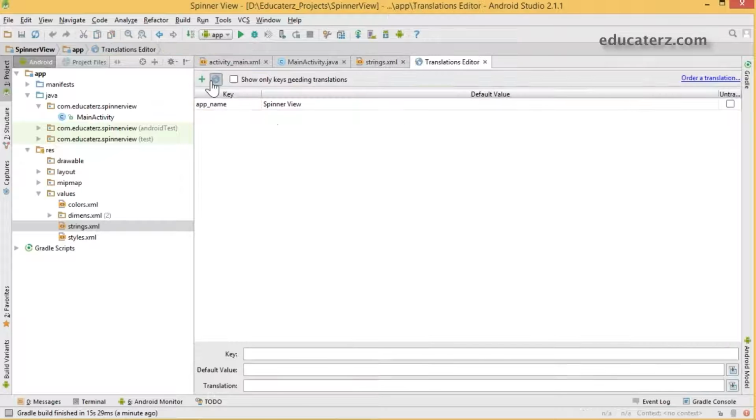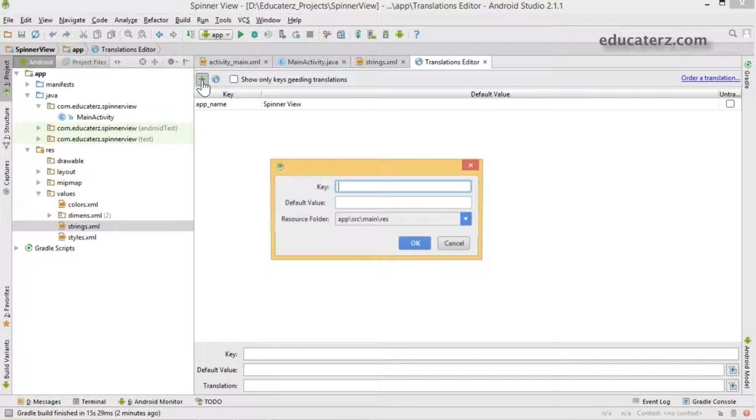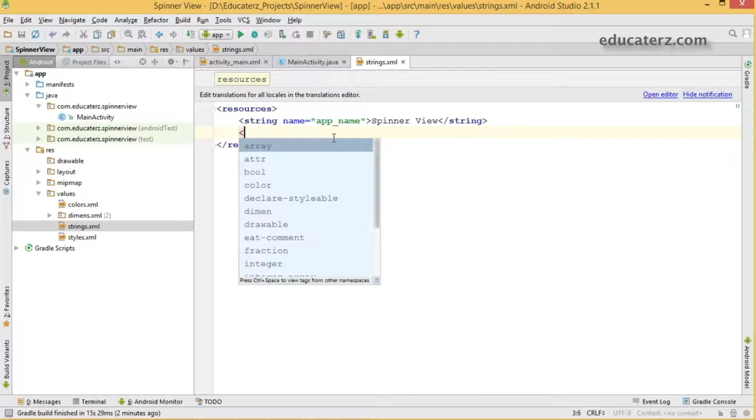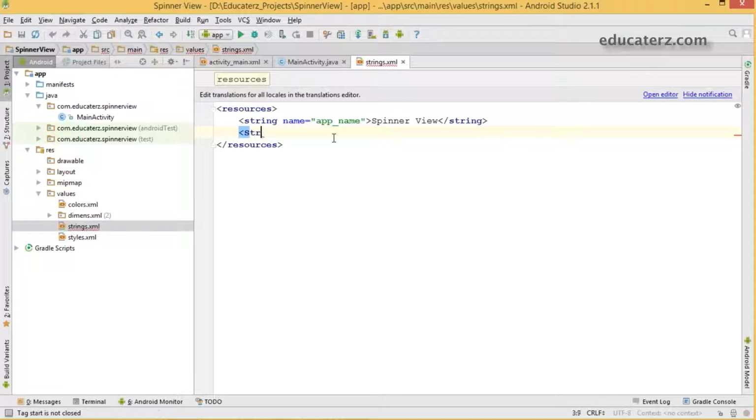So click on this. Let's create a string array and name it versions. I'm going to take my versions here, Android versions.